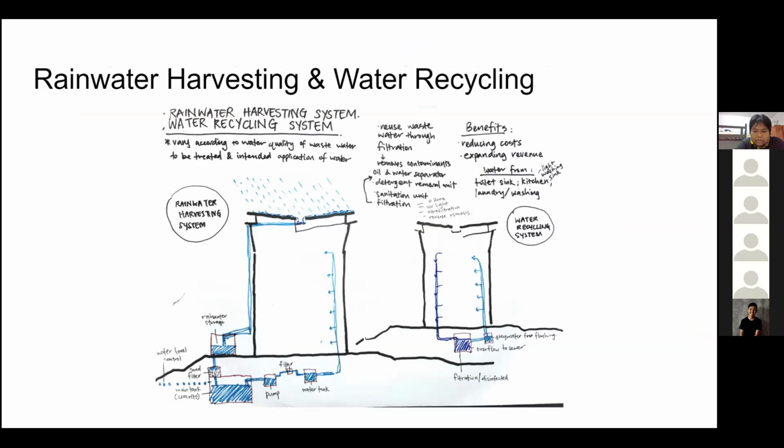Sure. So for our proposal, the diagram on the left is the rainwater harvesting, and on the right is the recycling system. For the harvesting system, the catchment area will be on the roof, and then the water goes down to the rainwater storage tank above ground. From there, a pipe goes into the filter to filter out particles such as sand and leaves, and then moves on to a bigger tank made of concrete, and excess water will be